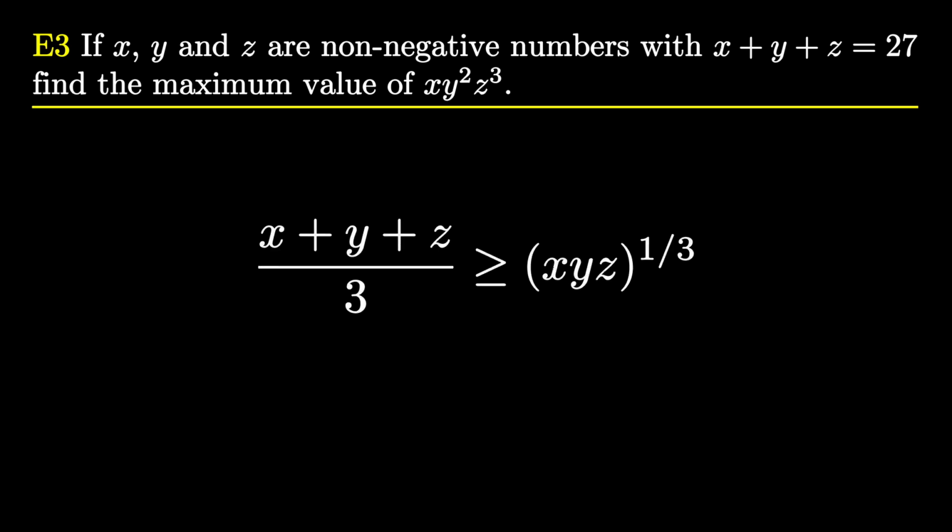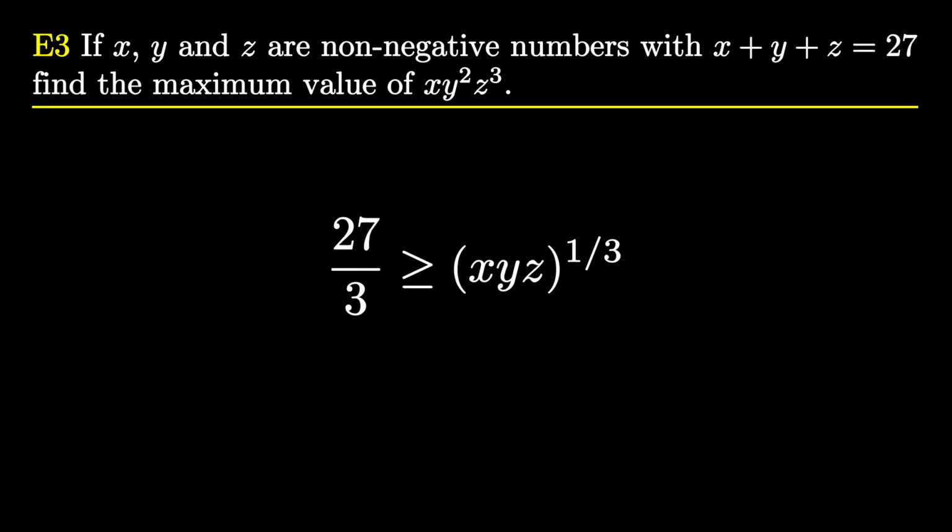If we simply apply the AM-GM inequality on x, y and z, we get xyz less than or equal to 729. But definitely we are not interested in the maximum value of xyz. We are interested in finding the maximum value of x y^2 z^3. So we need to hunt for those numbers whose geometric mean contains the term x y^2 z^3. The term x y^2 z^3 itself is screaming how to find those numbers.